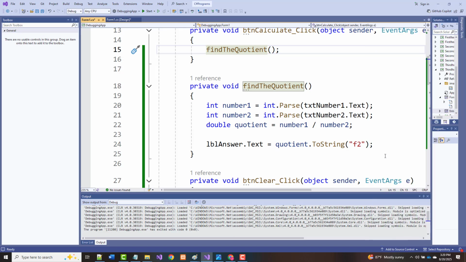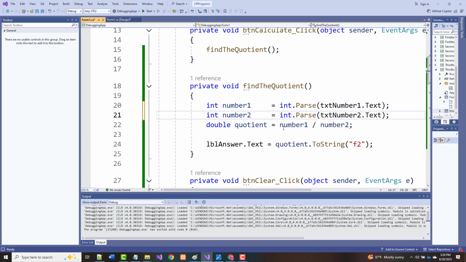Okay, allows me a chance to explain something to you. What happens is C# does the math on the right-hand side of the equal sign, then puts the answer on the left-hand side of the equal sign. Since I'm dividing an integer by an integer, it throws away anything that's not integer. How do I fix that? Many ways of doing it. I could have made these doubles, but maybe the easiest way to do it is to take one or both of these and do what's called cast them. Okay, I'll cast them both. You don't have to, but